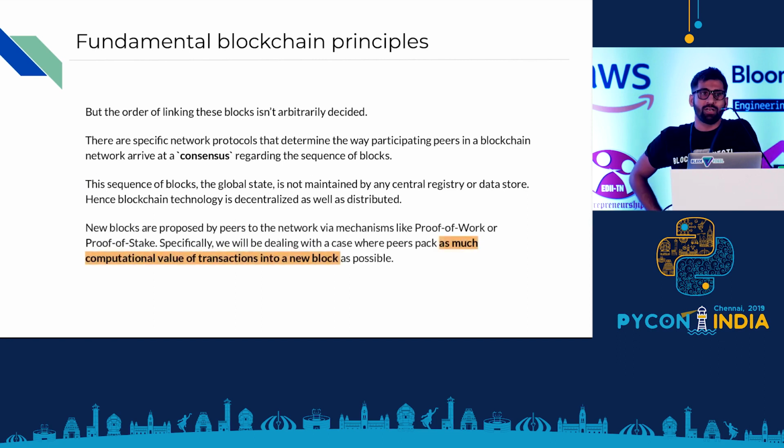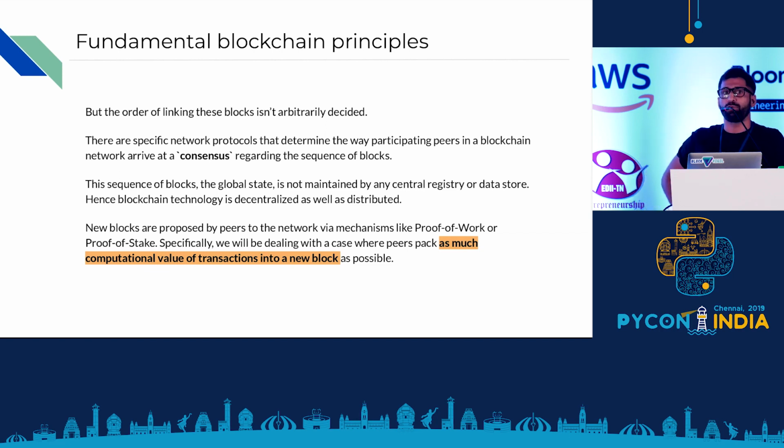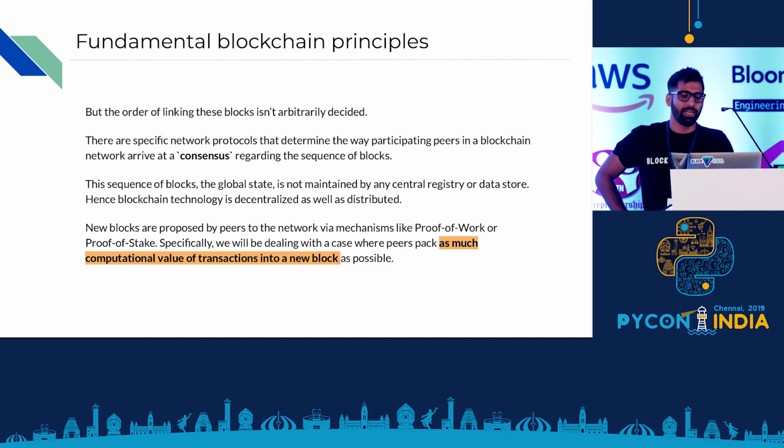New blocks are proposed to the network by peers through things like proof of work or proof of stake. Proof of work is popularly known as mining nowadays, and uses up a lot of energy. That's a way to limit your entry into the network before you can start proposing things. So it's like if you're rich and powerful, you get to propose blocks. That's the problem with Bitcoin. Most people say that, right? But